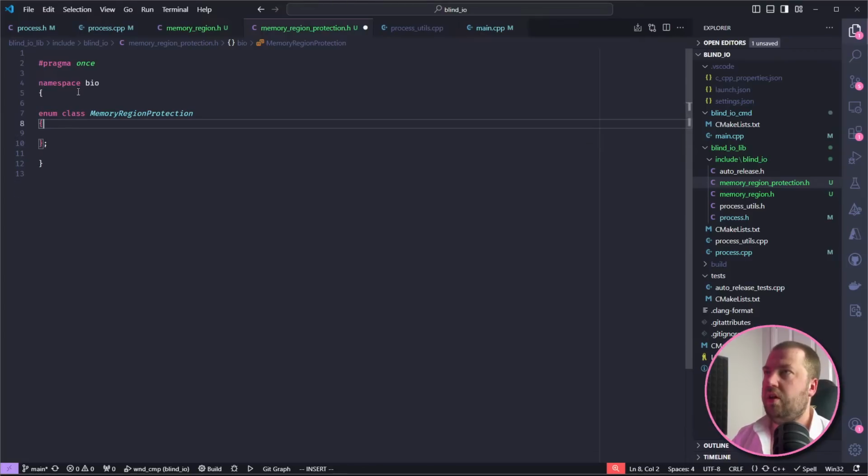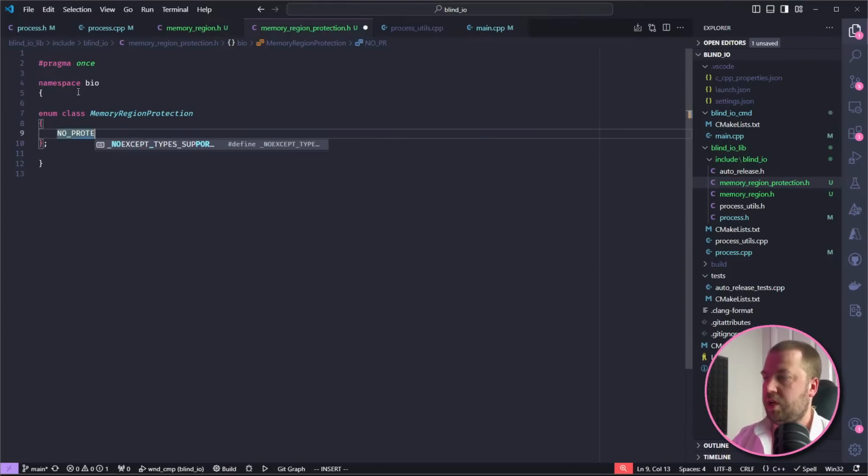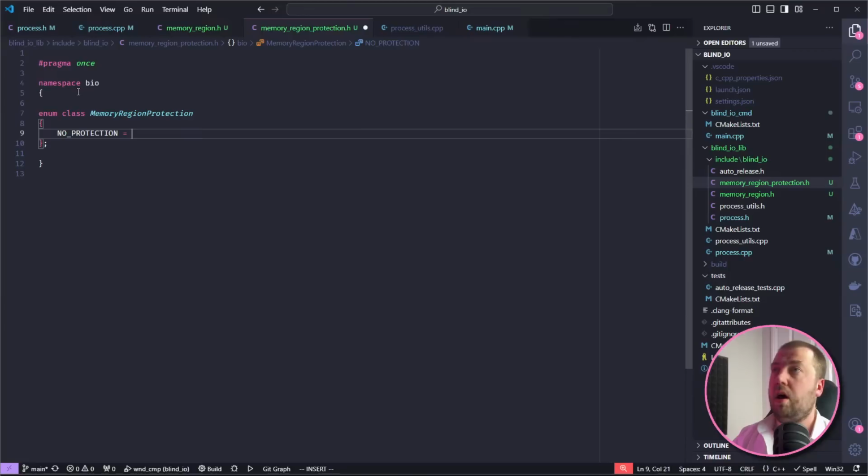So what are the types of memory we have? I think we want to have a default, no protection, which means if you try and do anything with it, you'll get a segfault. Kind of useful for things like guard pages, and it does have a few usages. So we definitely want to handle that.